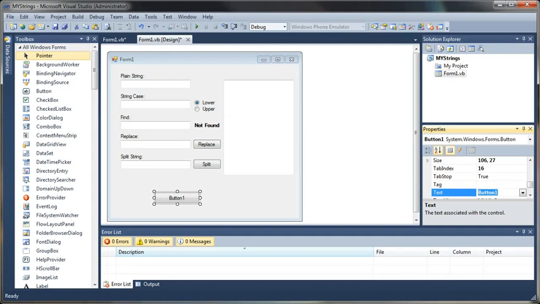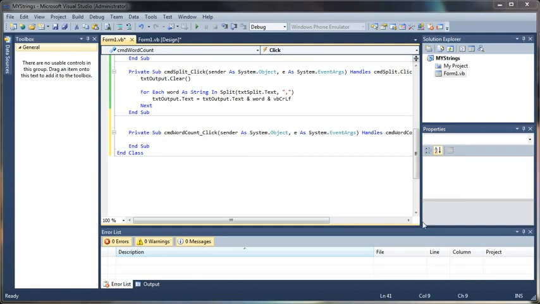By using spaces as a delimiter, you can say word count, cmd word count as the name of that button. Come back in here and then I can create a variable here. I'll just call it dim count as integer equals 0, and then what I can do is loop through the string again and split it wherever there's a space, and then increment this counter and then report how many words